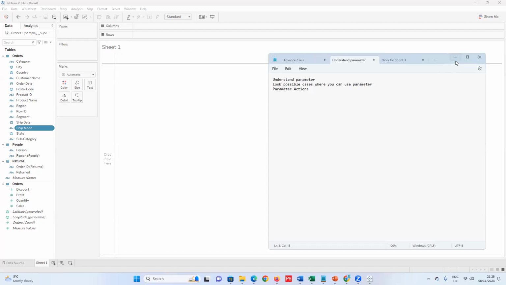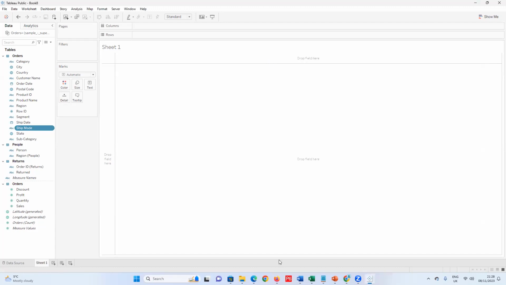So we'll look at the typical steps of creating a parameter. First, to create a parameter, you have to go to the command to create it. Then when you create the parameter, you can decide to show the parameter in your control, or not show it. You can decide to create a calculated field or not, but you must use